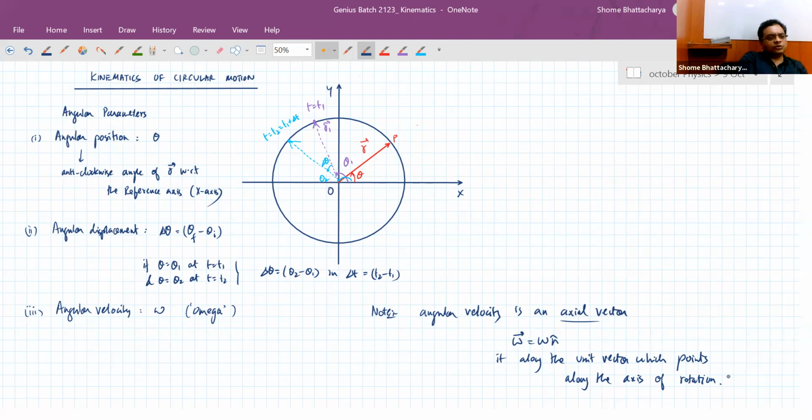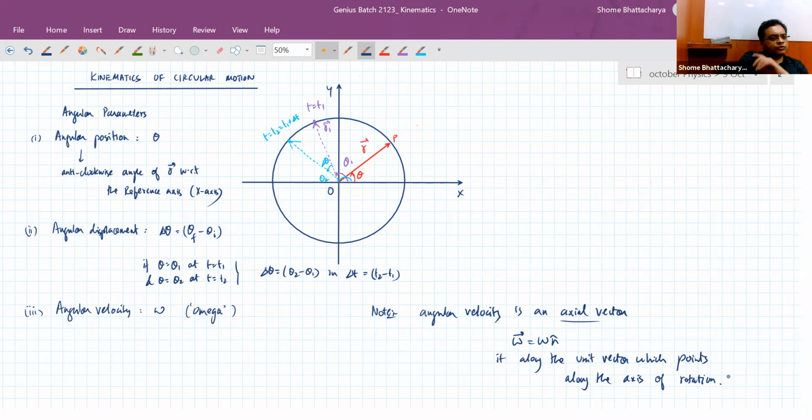But in the chapter of circular motion, we will treat angular velocity as a scalar quantity only with algebraic sign plus minus, because we are only considering two types of circular motion. I mean, we are only considering circular motion with a fixed axis. So either it is clockwise or anti-clockwise. So if it is anti-clockwise, the axis is coming out of the plane, so we'll write omega with a positive sign. And if it is clockwise, then we'll write omega with a negative sign, rather than representing it with the unit vectors k cap and minus k cap.